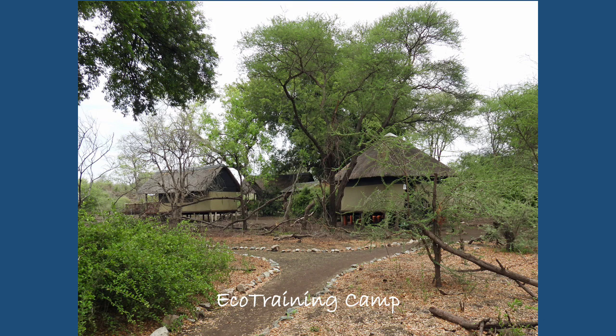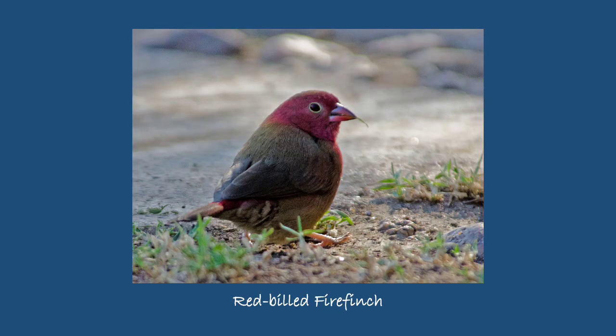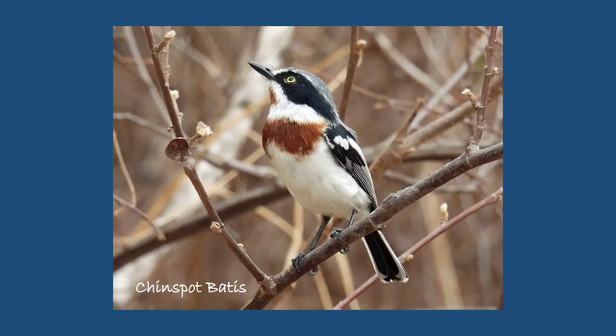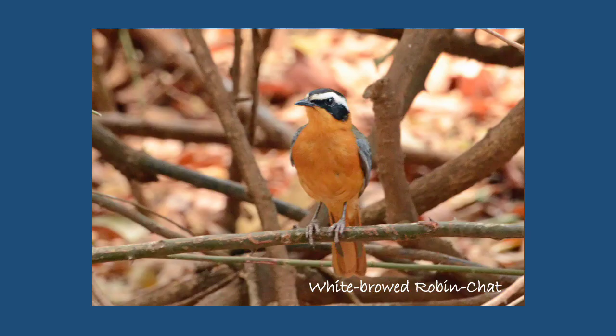This is supposed to be a birding talk, so I'd better get on and concentrate on more of the birds. The Eco Training Camp provides a wonderful place to do some gentle birding. Among the birds we saw there were these striking green-winged pytilia, little red-billed firefinches, gin-spot batis, arrow-marked babblers, noisy chatterers, and the white-browed robin-chat, used to be called Heuglin's,